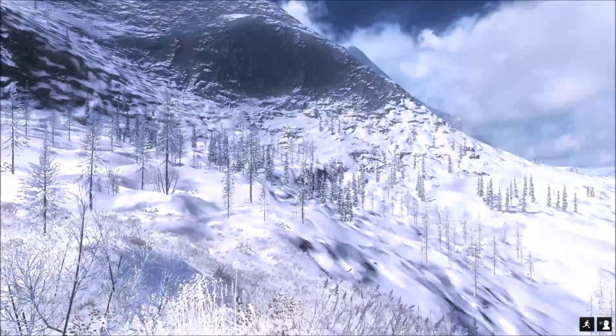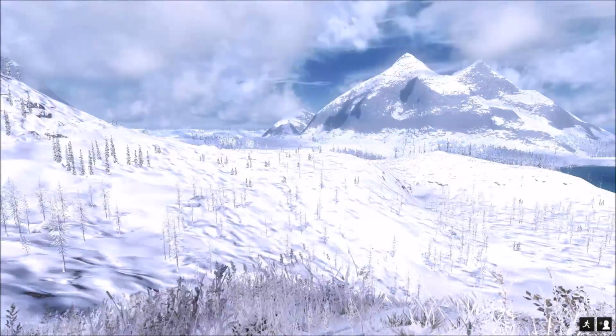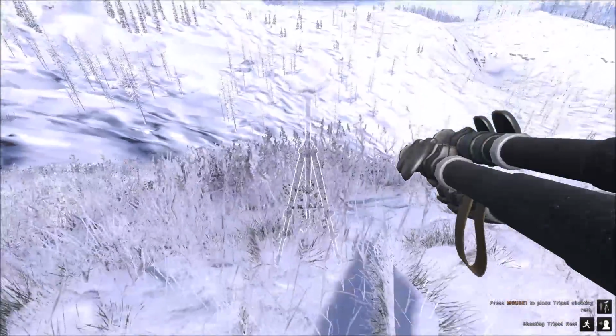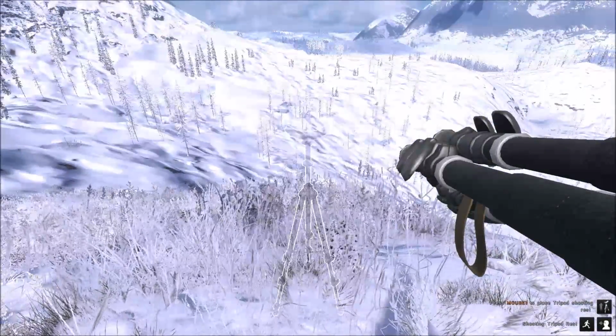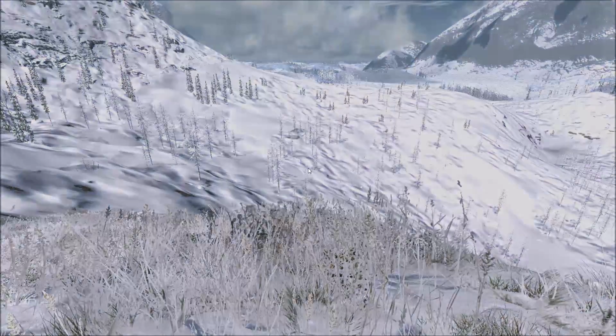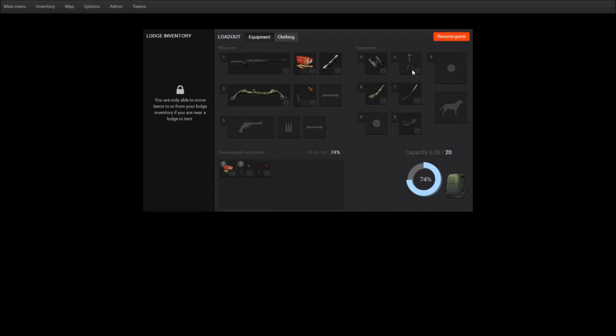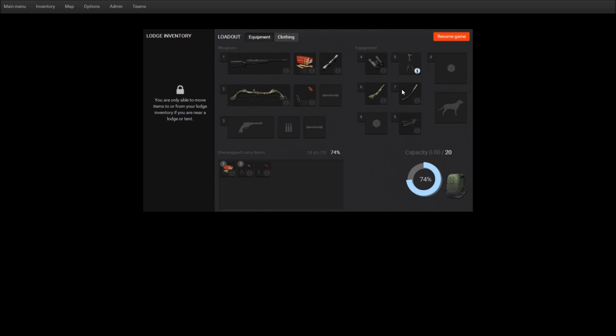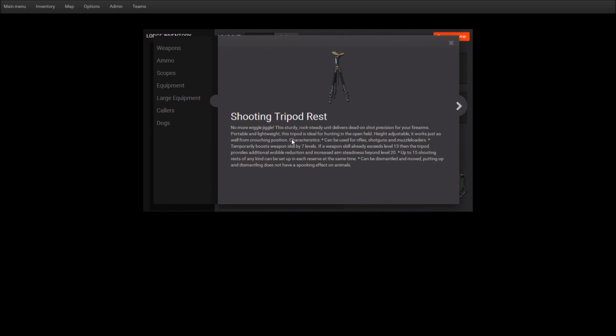Today we are back here on the Hunter Classic, and we're going to do a little mini review of the new deployable tripod shooting rest that they came out with on the game today. Before we look at it set up, here's what it looks like in your inventory. You can carry it just like a normal rifle, and it's pretty much just like a shooting stick that gives you 7 levels added onto your rifle skill,